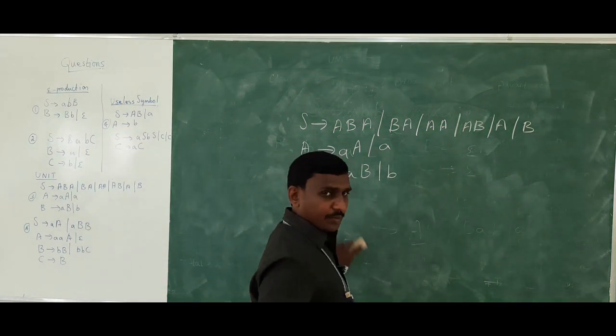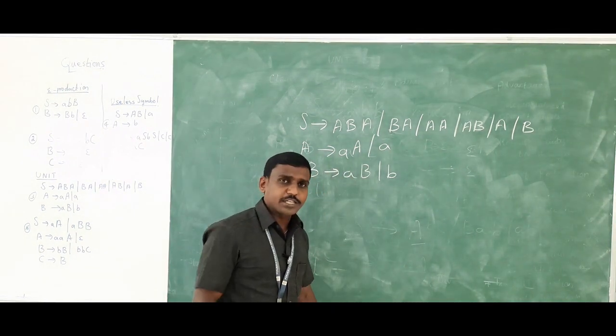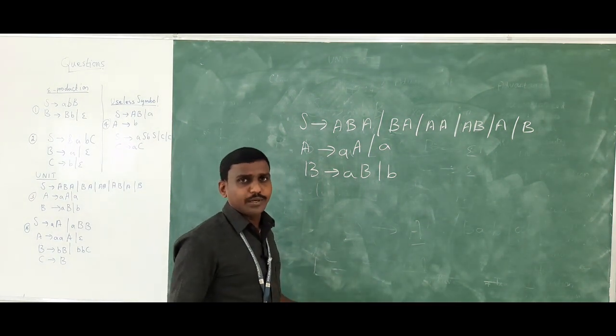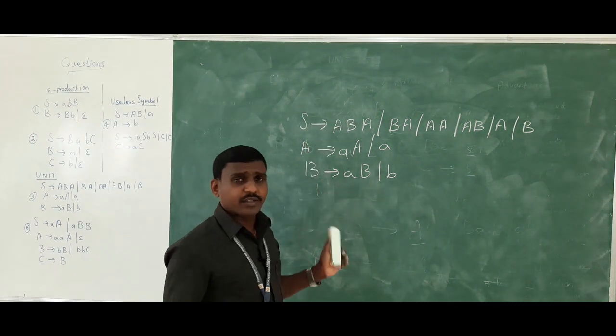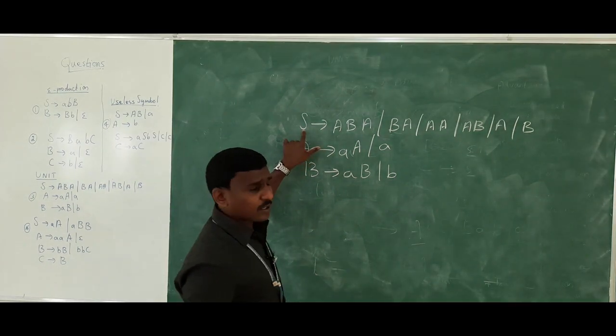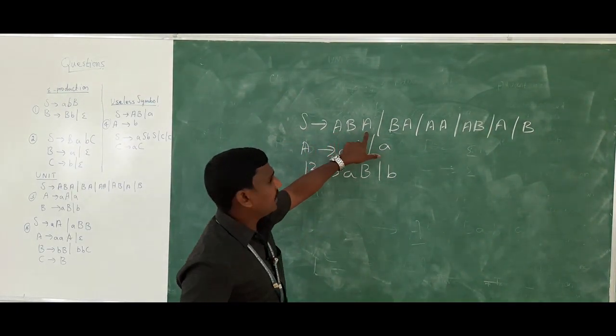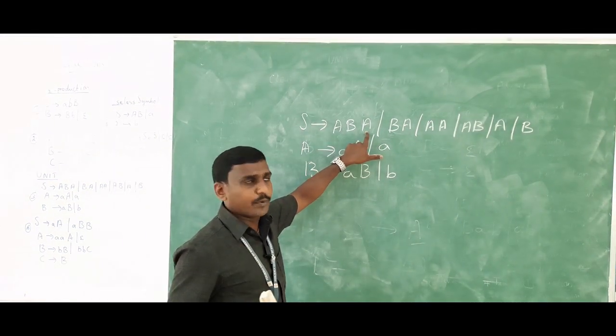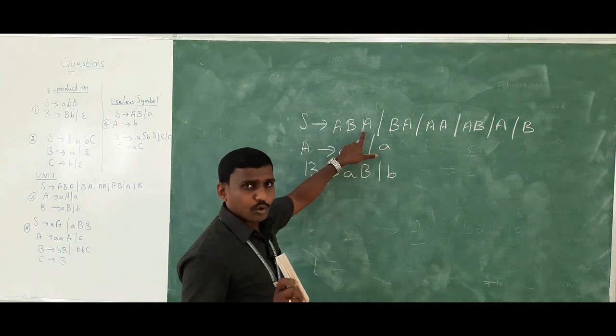We want to eliminate that also, because to solve Chomsky normal form and Greibach normal form, this cannot lead to an answer. So we have to eliminate it. This is the grammar. You check whether we have a unit production. First you check production one by one. S tends to ABBA. Here I told you one variable tends to one variable is a unit production. Here I have three variables, so there is no unit production.